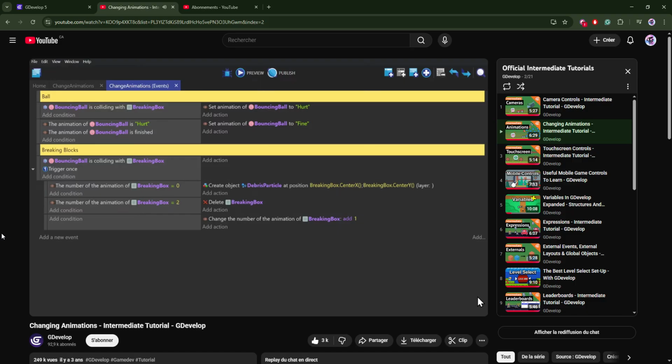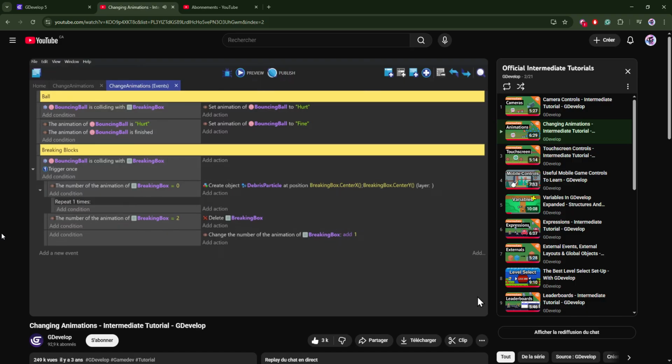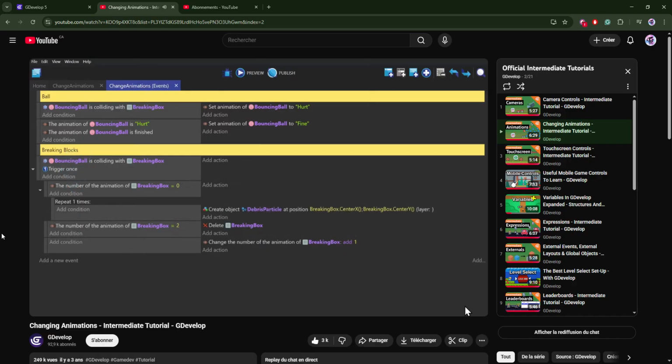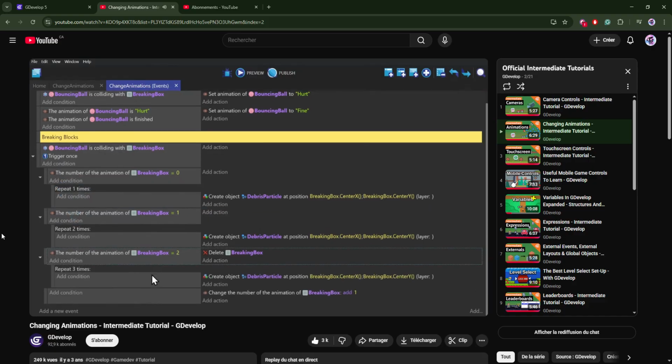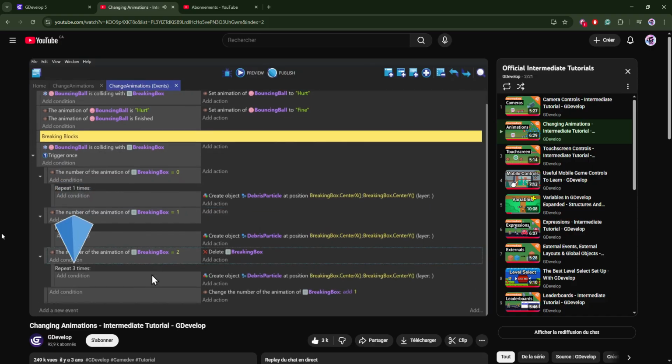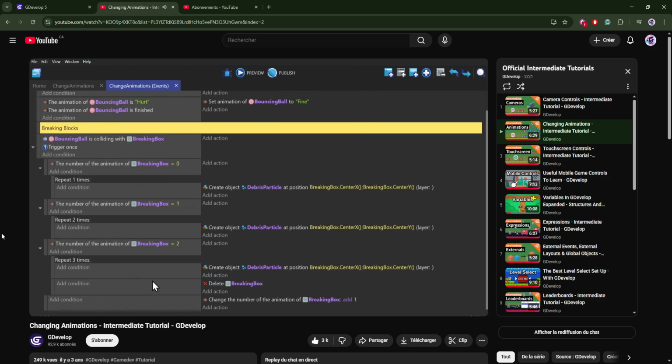And then create a repeat x number of times sub-event, in this case once, and move the create object action down into that event. And then we'll copy and paste this event down, changing it to check if the animation is number 1, and then repeating 2 times, and then copy that sub-event down again, this time repeating 3 times, and then moving the delete box action down to a sub-event below that, so it triggers once after spawning in